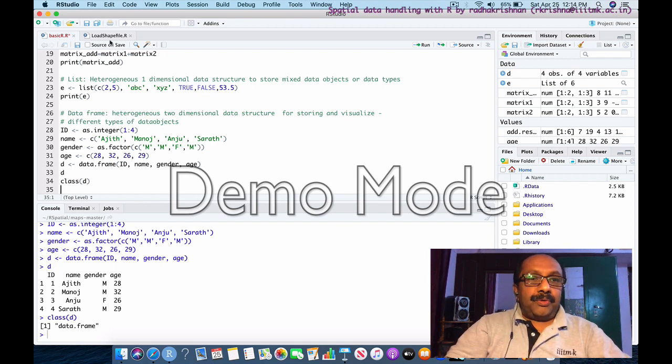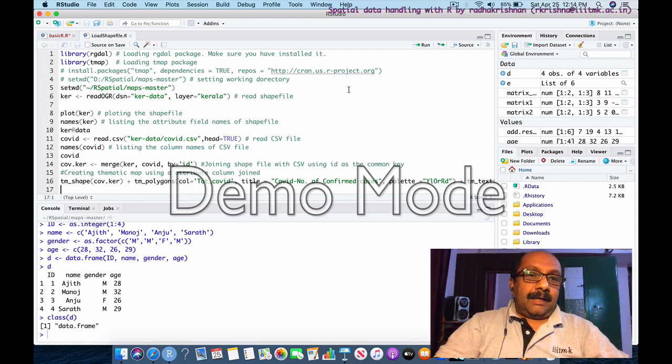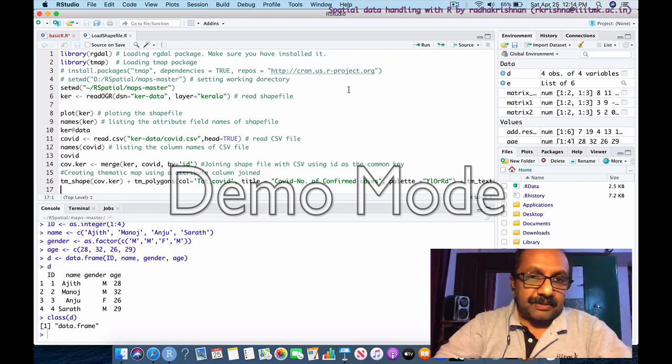Now we will move on to the special applications of R. We all know that postgraduate geography students, research scholars, or people working in environmental science, civil engineering, life sciences, even agriculture sciences, will be handling a lot of spatial data. Spatial data are data tagged to locations.